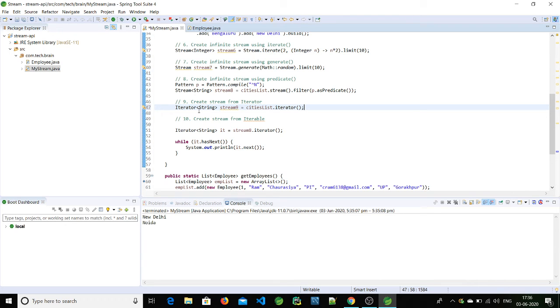So to create a stream we have to create a spliterator. This iterator will be the input for that spliterator, and by using the spliterator we'll create a stream object.